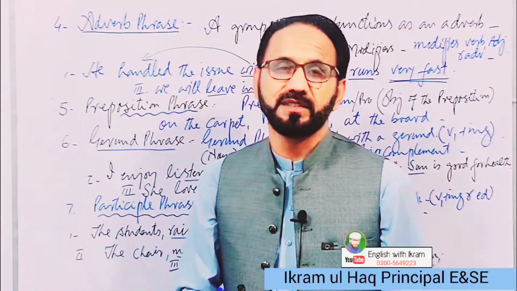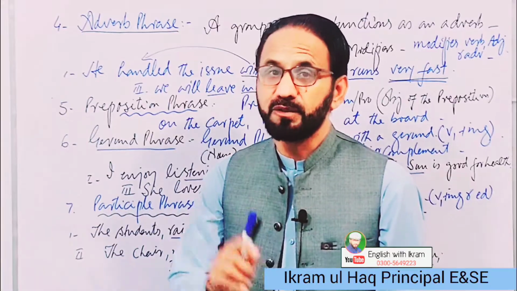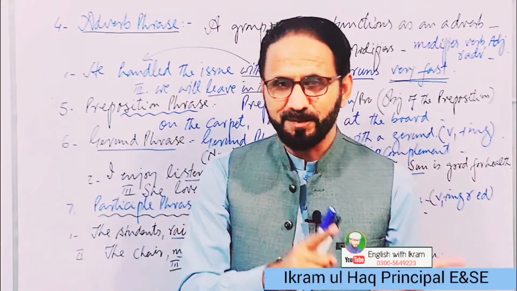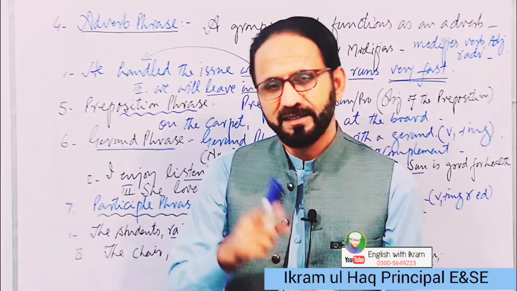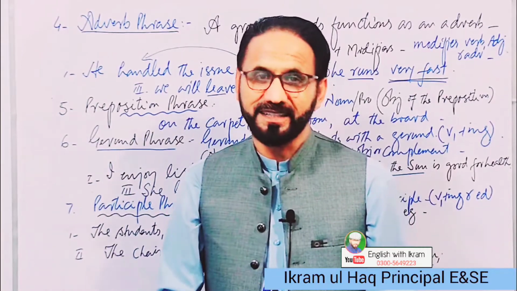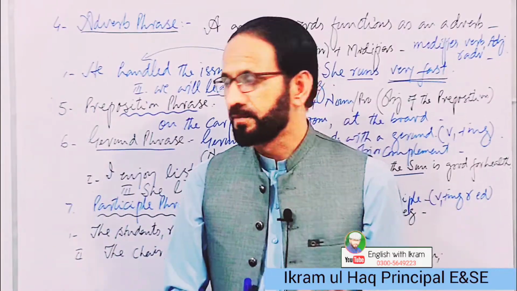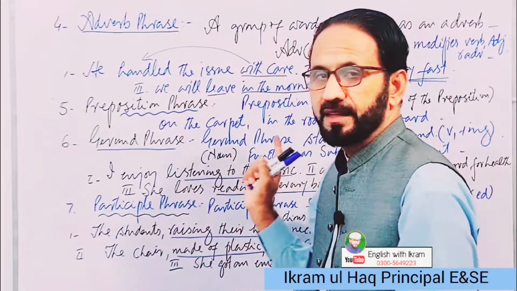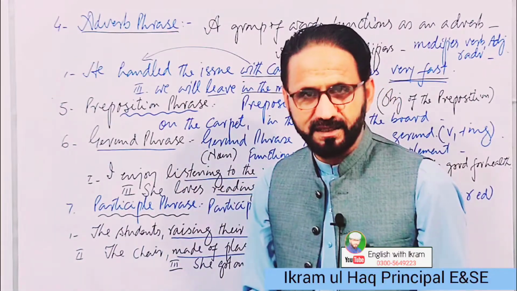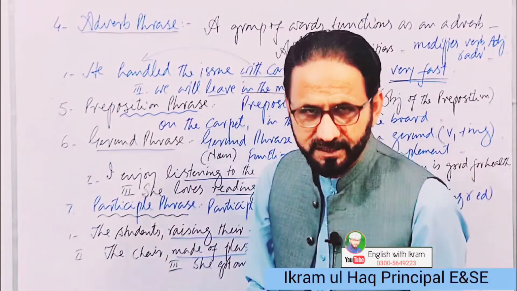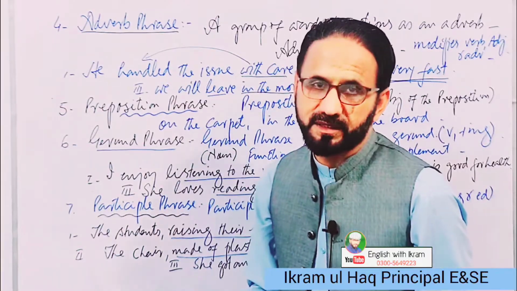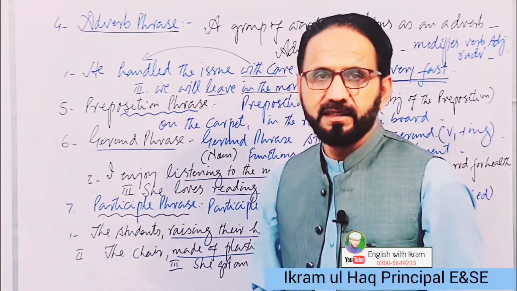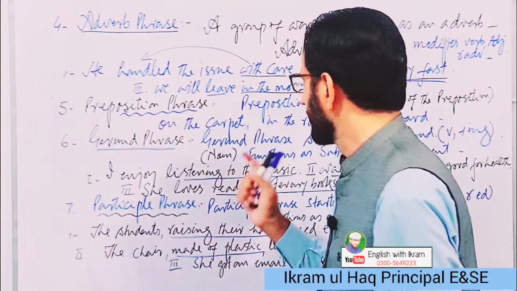कंफ्यूज इसीलिए होते हैं स्टूडेंट्स, इसका जो स्ट्रक्चर है वो वर्ब वाला है V1 प्लस ing, लेकिन काम नाउन वाला है, फंक्शंस नाउन वाले हैं, स्ट्रक्चर शक्ल apparently it looks like a verb V1 plus ing. It functions as a subject in a sentence or as an object in a sentence or complement of the subject. Let's take a few examples, then we will try to identify.